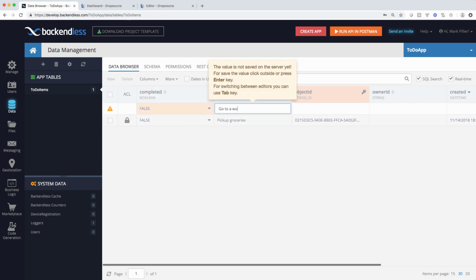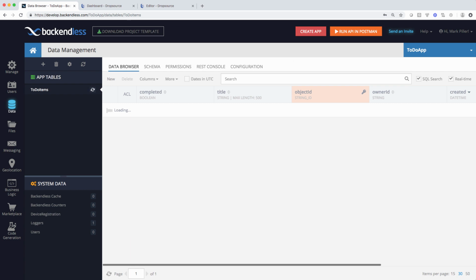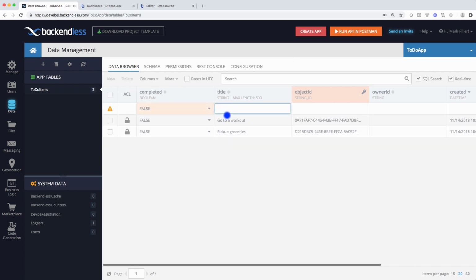Go to a workout, say learn Spanish. Okay, so now we have three items, and notice that I was clicking the new link here to create a new item. Now the database is ready, we have some data in it, and now we need to get the API for